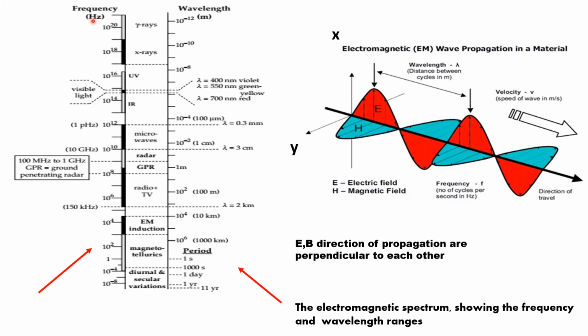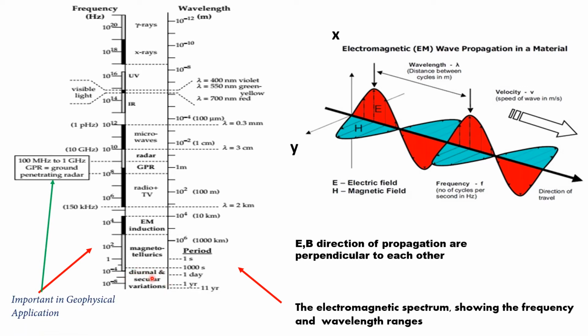Now this is the whole frequency range: gamma rays, X-rays, UV range, infrared, microwave, and this is some application of the electromagnetic spectrum: radar, ground penetrating radar. Thereafter it includes the radio waves. Then in the low frequency range of the electromagnetic spectrum we can conduct electromagnetic induction surveys, a practical application, and the magnetotelluric survey using the passive energy source of lightning, and thereafter we get diurnal variation and secular variation. That is discussed in my magnetic lecture, what diurnal variation is.